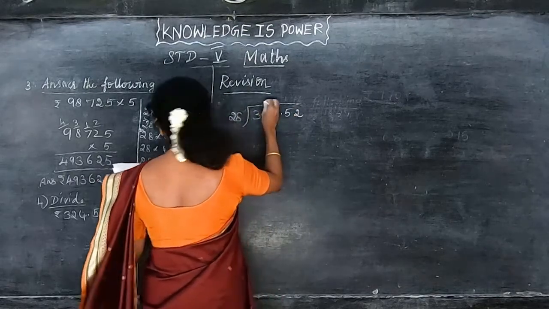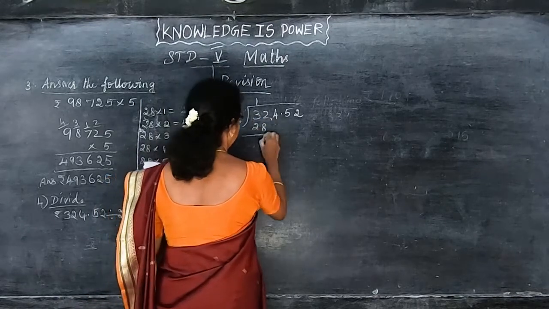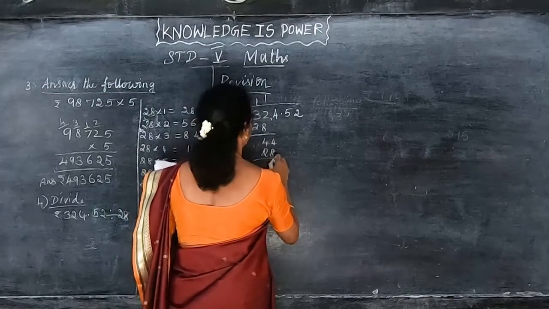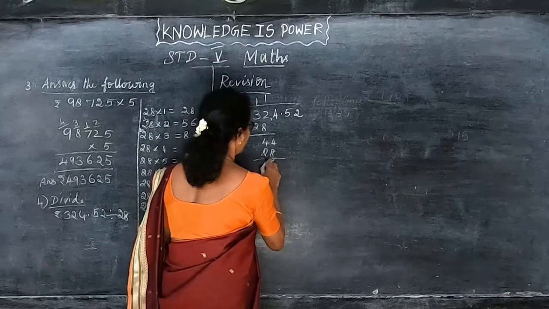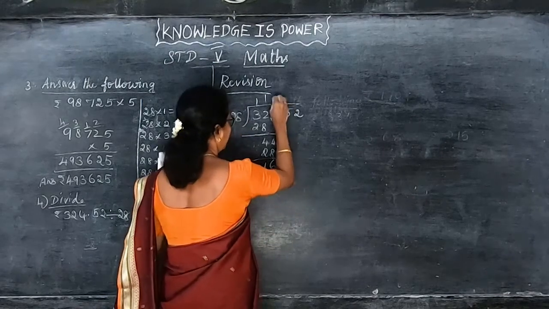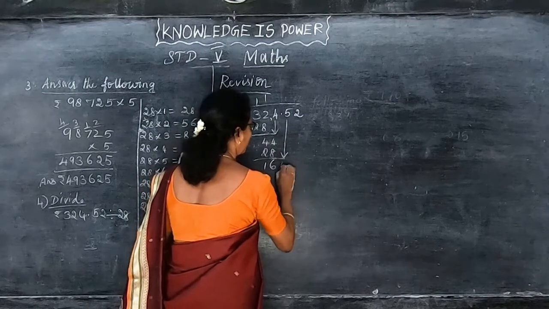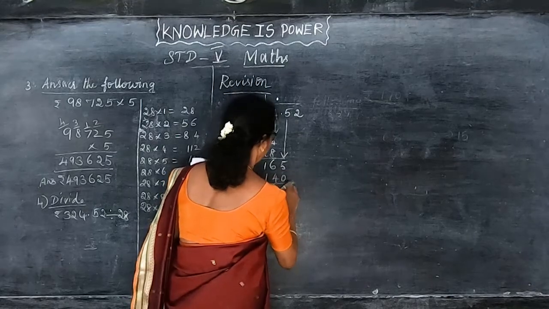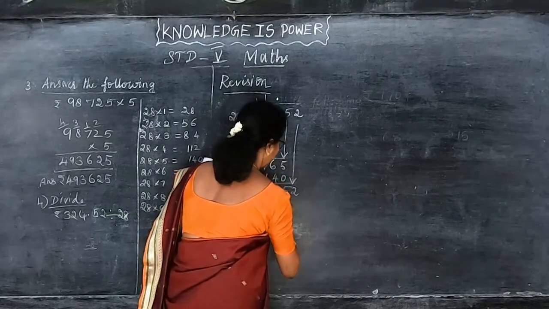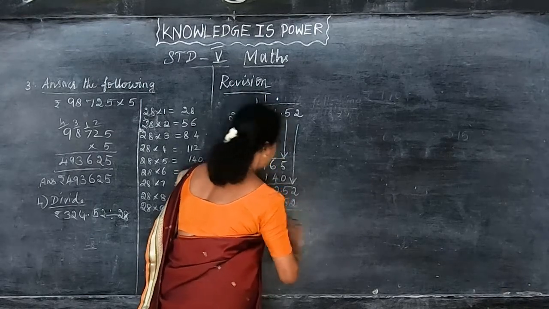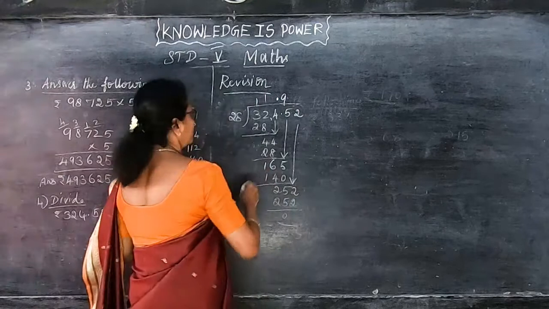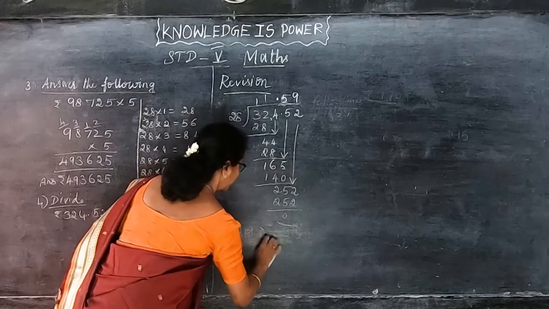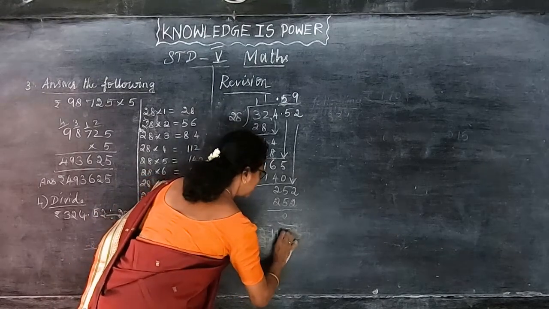28, 28 ones are 28. If you subtract this, 44. Again 1 times 28 gives you 28. 14 minus 8 is 6, 3 minus 2 is 1, and since we have taken this 4, see this 4 comes down and 5 I am going to take it. So put the paise, so that gives you 140 and 5 and 2 and this 2, so that gives you 252, that gives you the 9 times. 9 times. So answer is rupees 11 rupees 59 paise.